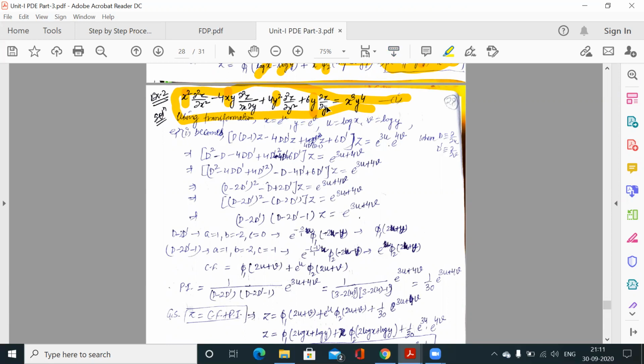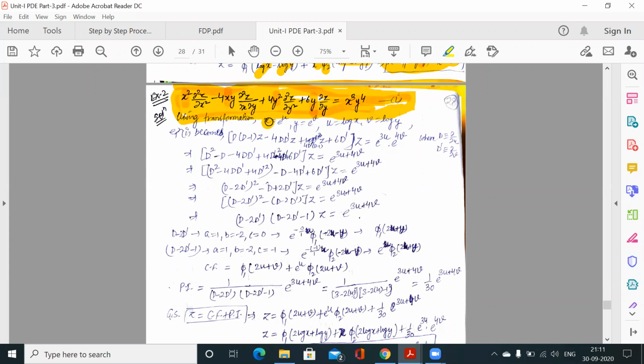For the first order derivative del z over del y, it is y. For the second order derivative del 2z over del x, it is x square. Similarly, the second order derivative with respect to x and y, so xy is the coefficient. As here del 2z over del y square, so y square is the coefficient. So this is Euler-Cauchy type differential equation. It is an Euler-Cauchy partial differential equation, and we know how to convert this equation into an equation with constant coefficient.